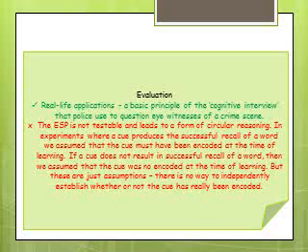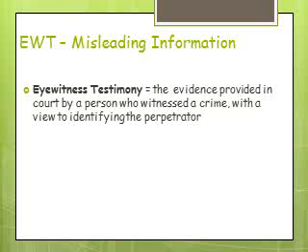The cognitive interview gets participants to reinstate the context that they were in to try and help them retrieve the information. However, the encoding specificity principle is not testable and it forms a circular reason. In experiments where a cue produces the successful recall of a word, it is assumed that that cue must have been present when it was encoded. And if a cue does not result in a successful recall of a word, then it's assumed that the cue was not there when it was encoded. But those are just assumptions, and there is no way to establish whether it was there or not there when it had been encoded.